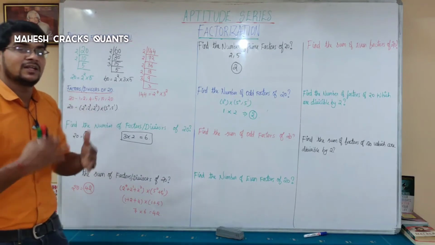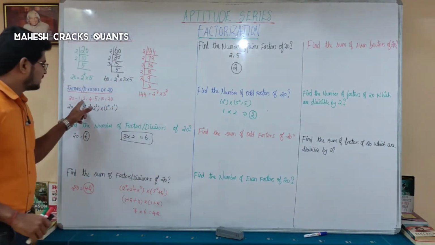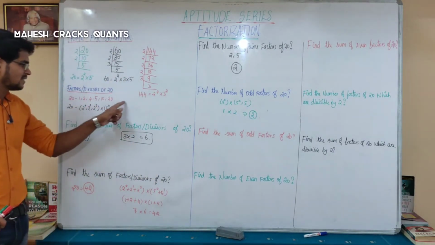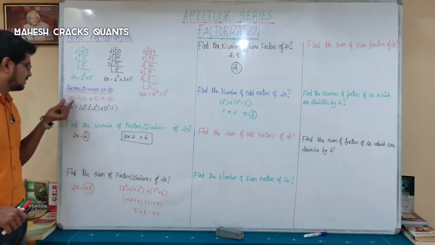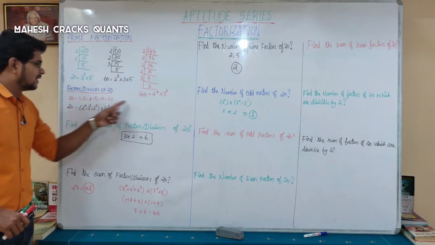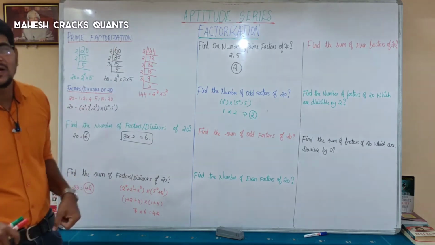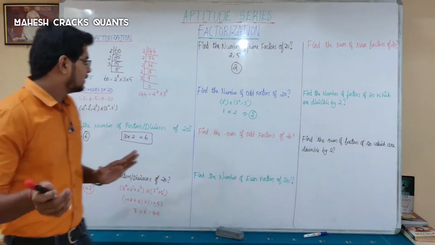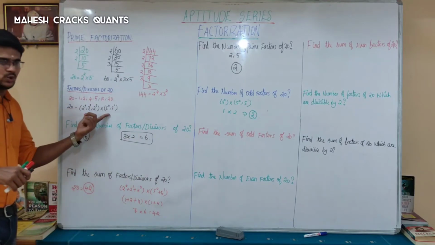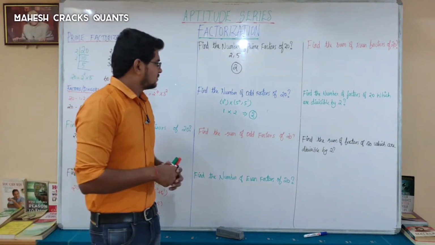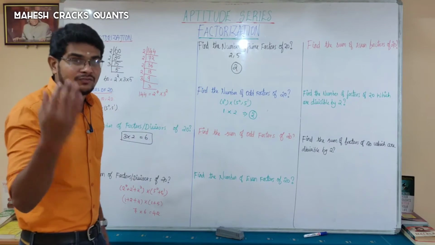Why? Because when the number is big, you cannot calculate this manually. If you miss a single number, for example, if the number is 400, you will get a lot of factors. If you miss one number inside, your total answer will be wrong. Okay, that is why we need to know this. So the number of odd factors is over.